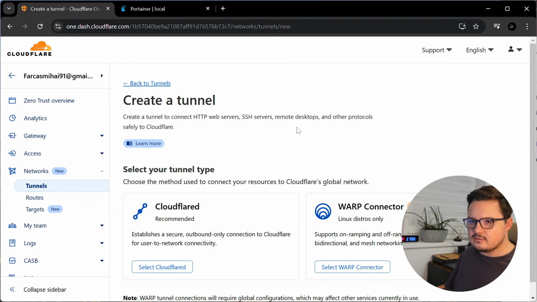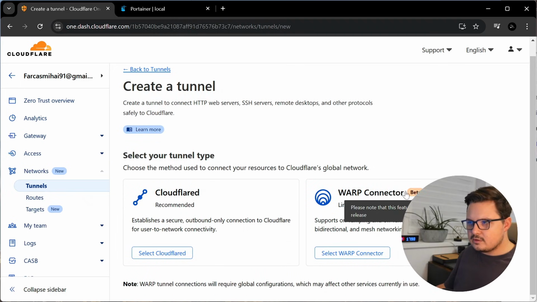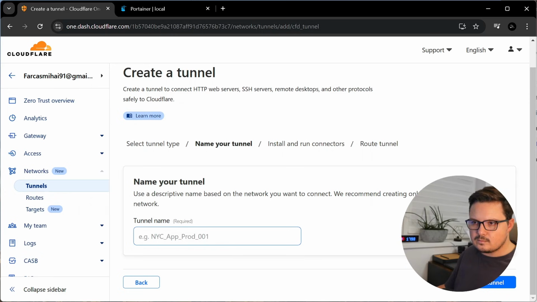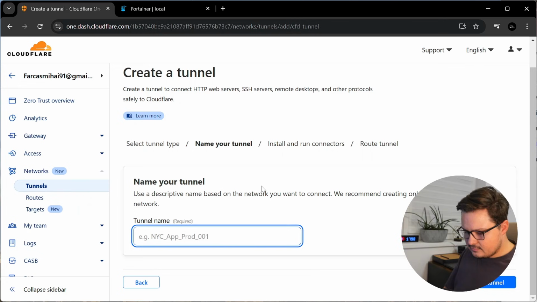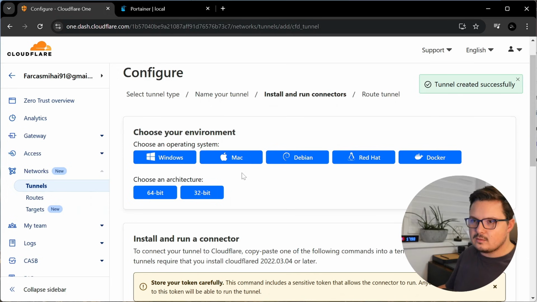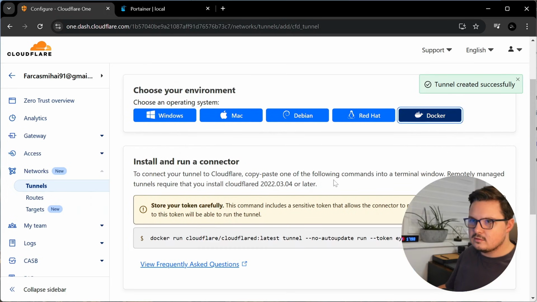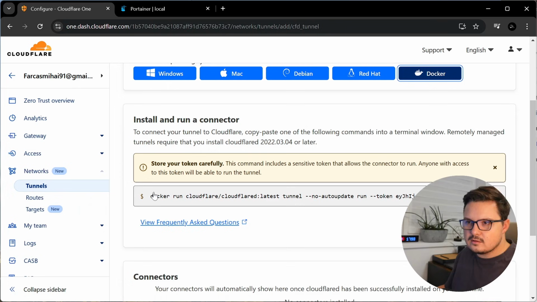So creating one is very simple. This WARP Connector is a new thing that's apparently in beta. I'm not going to use that. I'm going to select Cloudflared. We're just giving it a name, and I'm going to use the name of my server, which is multimedia. Okay, now we can select Docker, and here it gives you a command that you can run to install